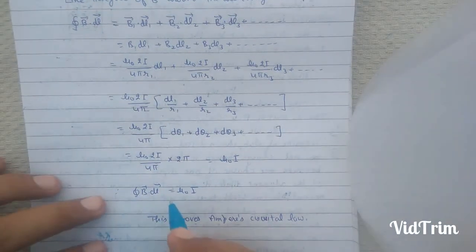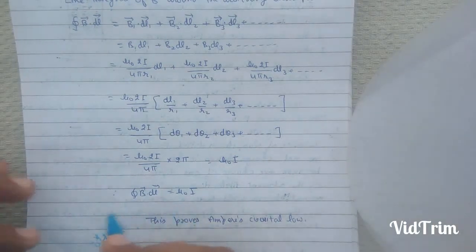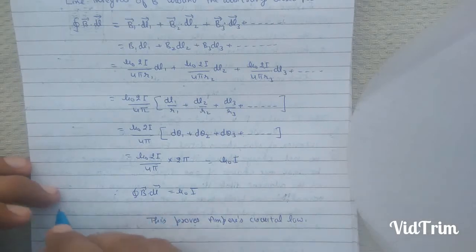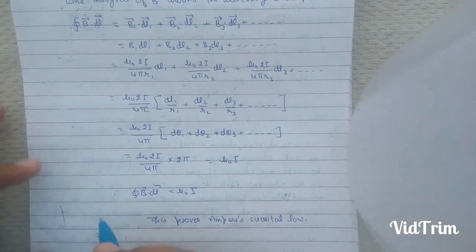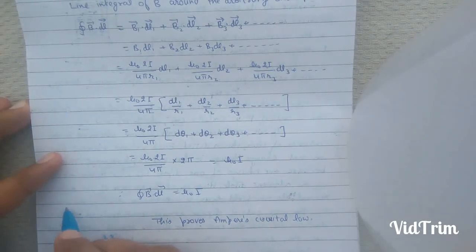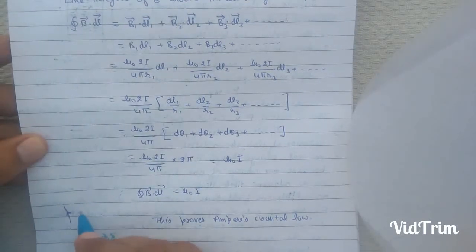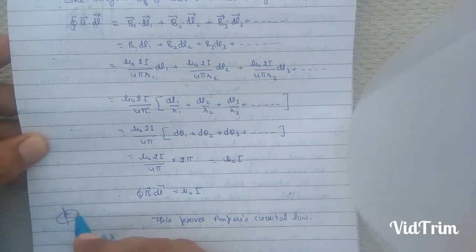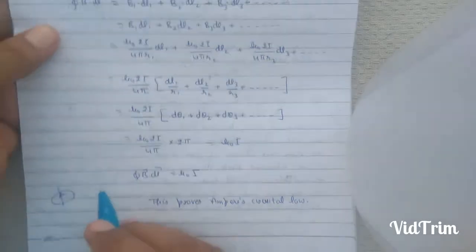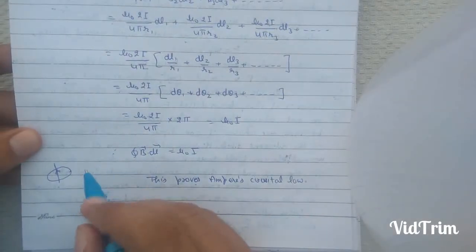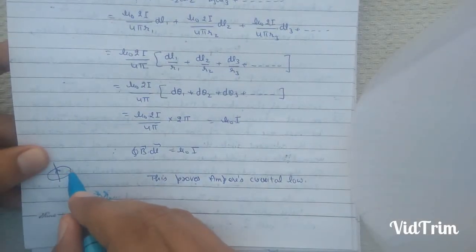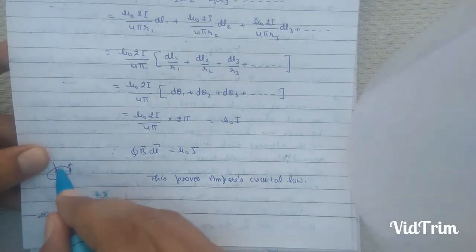Therefore Ampere's circuital law is used to calculate magnetic field at a point due to a current carrying conductor. For finding magnetic field at a point due to a current carrying conductor using Ampere's circuital law, we choose a closed path or closed curve which is called Amperian loop. While selecting such a loop, we should take it such that magnetic field is tangential to this loop at every point.